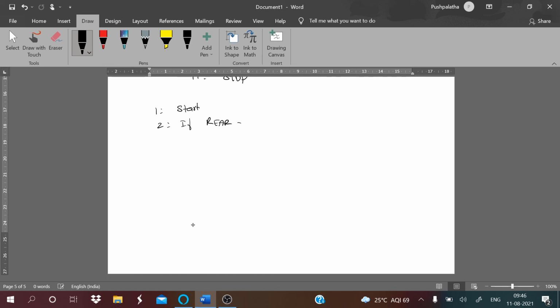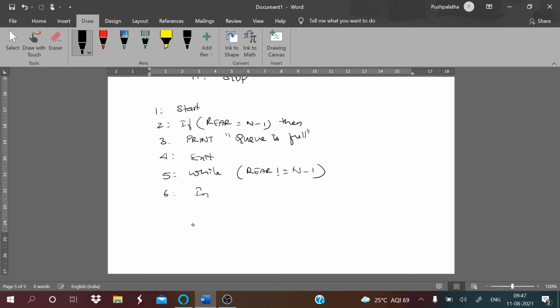If rear is equal to n minus 1, then print queue is full, right? And exit. Now we are saying while rear is not equal to n minus 1, then we input the element.